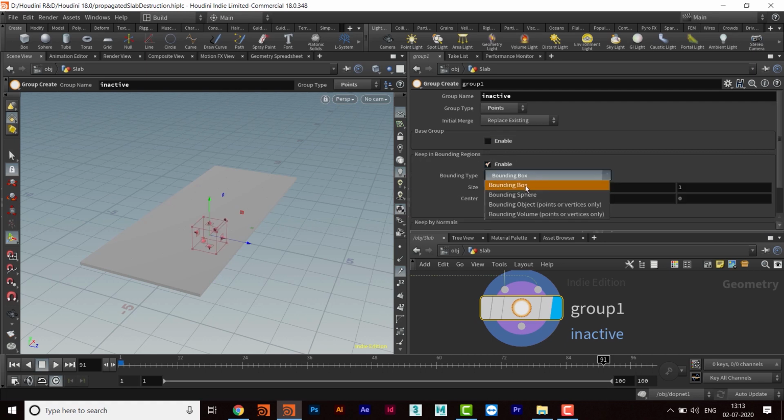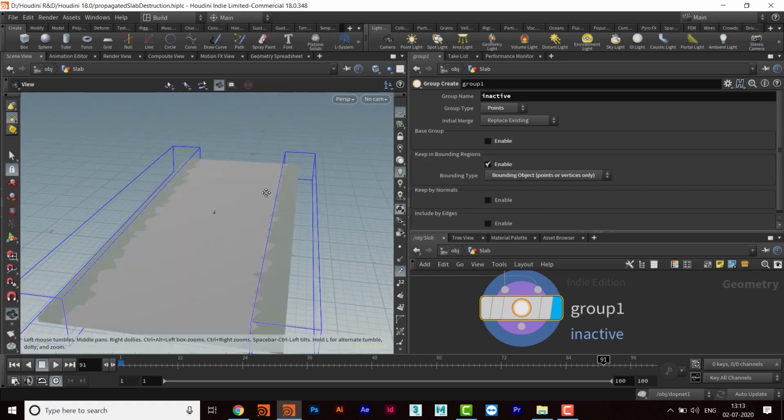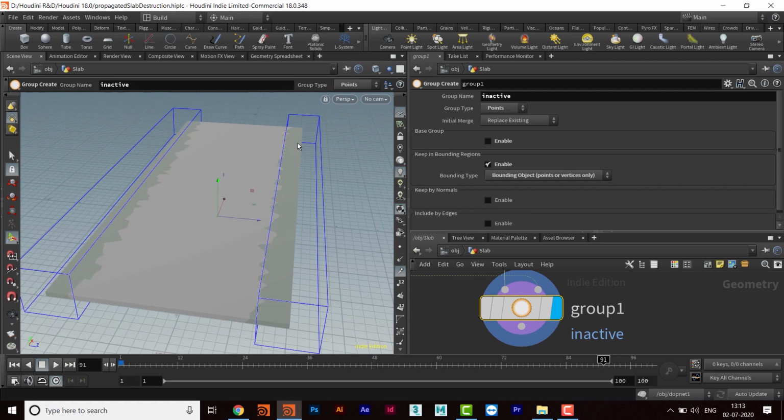So click here and go to the bounding object, points or vertices, whatever. So now in this manner we have created this part inactive and this part will be active.